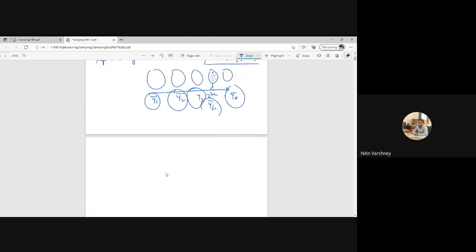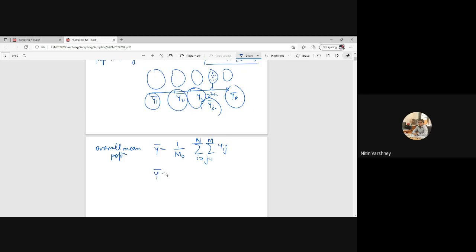Now if we calculate the overall population mean, then this will be y bar equal to 1/m0. What is m0? The total number of elements in the population. Summation i equal to 1 to N and summation j equal to 1 to m. I have i equal to 1 to N clusters and in each cluster there are m units. So we have to make the double summation yij. So this is the overall population mean.